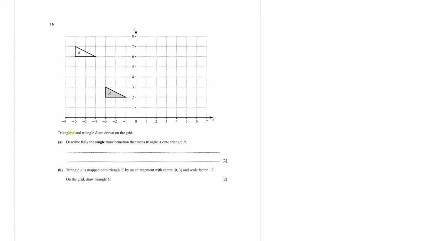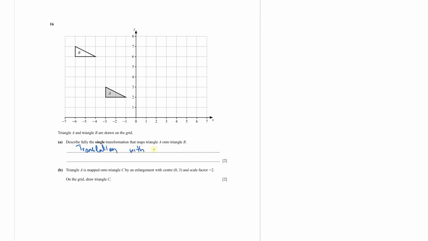Question 16: triangle A and triangle B are drawn on the grid. Describe fully the single transformation that maps triangle A onto triangle B. So your triangle A is mapped onto B, and you can see straight away that it's a translation, because there is no rotation or reflection of this triangle. It's simply moved from this location to this location with the same orientation. So it's a translation